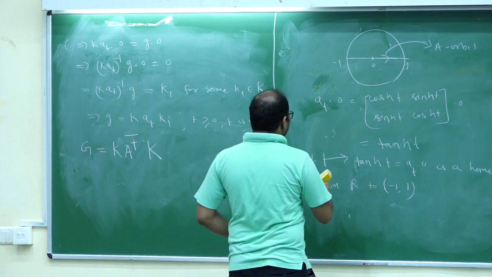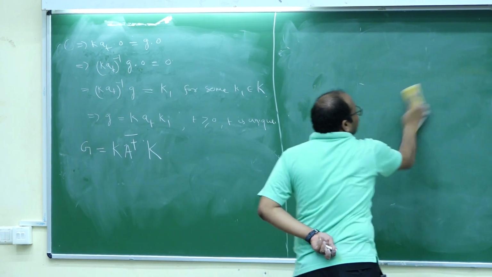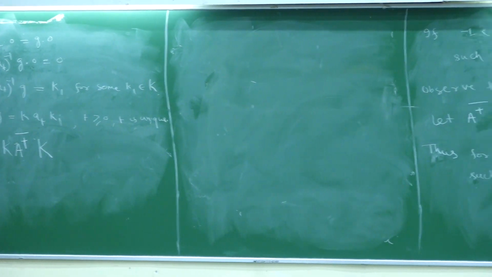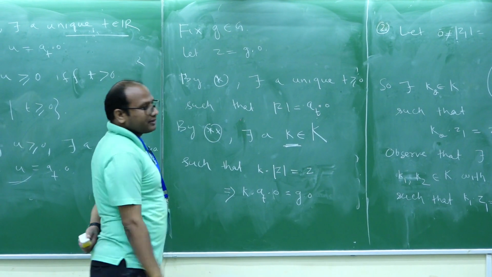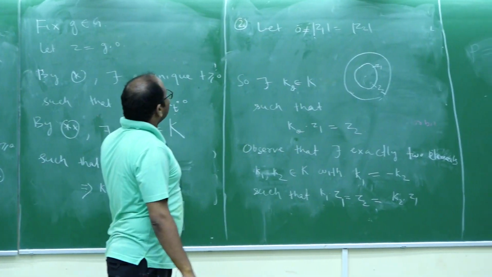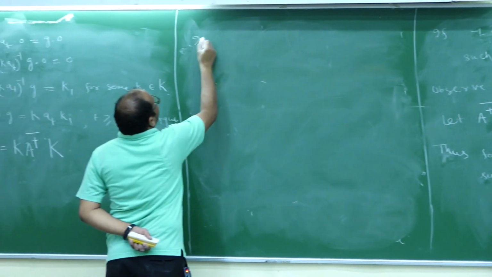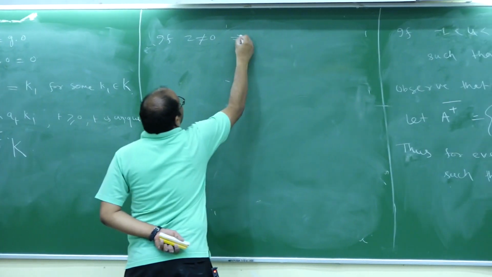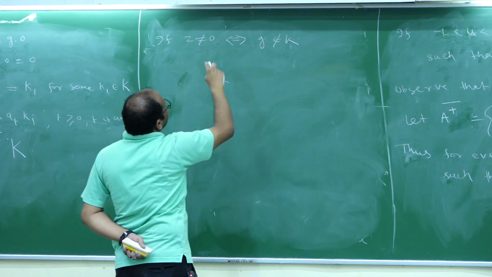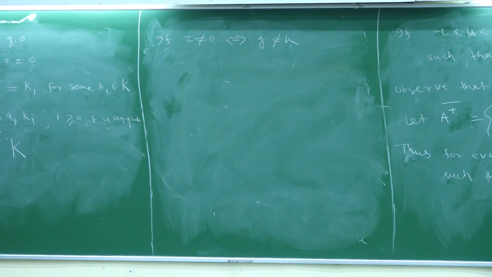So this is it. Now a remark about the uniqueness of this decomposition. So we are getting this t is unique from here, but we will get only a unique decomposition if this k is unique. But here you see that if z is not equal to 0, that is equivalent to the fact that g is not belonging to K, because g·0 is not equal to 0. That means g is not in K, then there will exist two different k's, and therefore